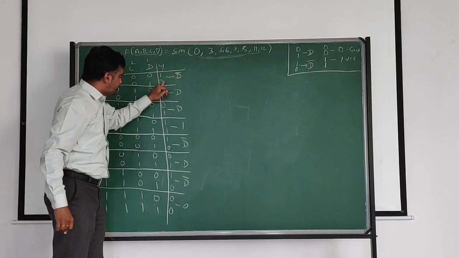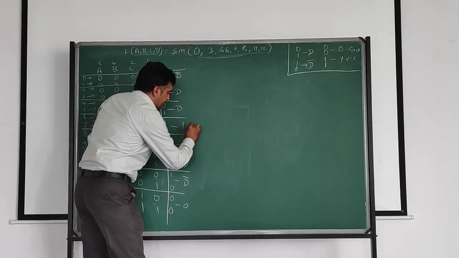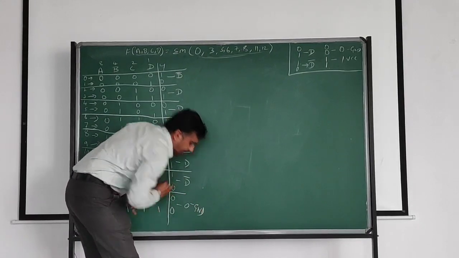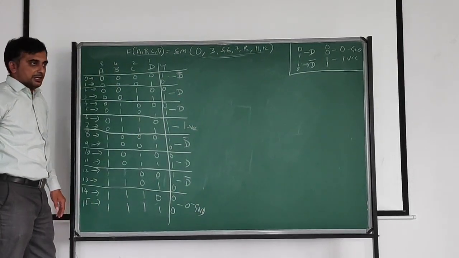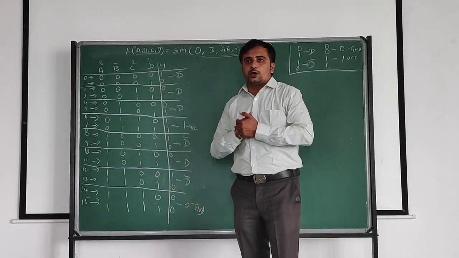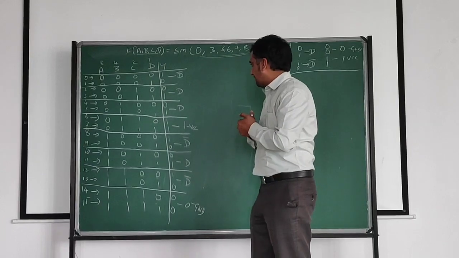Where is the value? 1. 1 means VCC, and 0 means ground. This is very important. Clear? Now, we have to design an 8:1 multiplexer. Before going to design an 8:1 multiplexer,